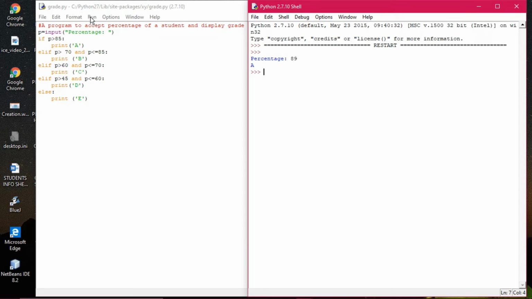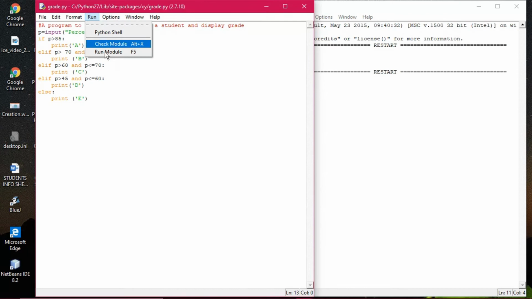Yes, I'm executing it for the second time with another value. Now you see out here how it is executing. The percentage I'm giving out here is 72. What is it supposed to be? B. Now what is happening here? 72 greater than 85 is false. So it has come down to the second elif. So it is printing B out here. Now again executing this one with the third one. You see, when B has been executed, these three statements have been bypassed.